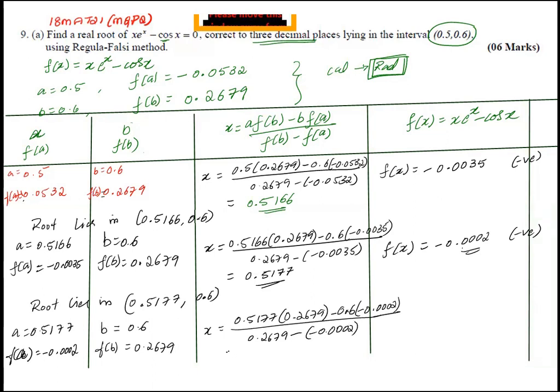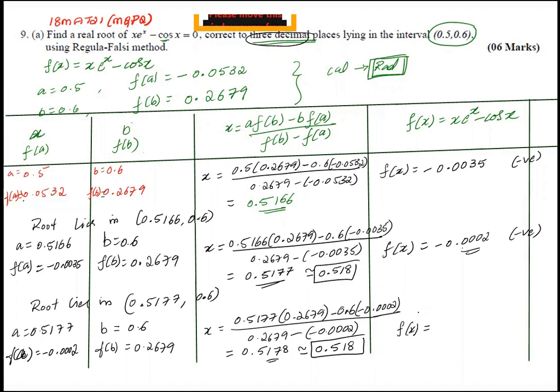So now again use the calculator in effective mode. Answer is 0.5178. You can stop the answer here, and even you can find f of x value, since it is for 3 decimal places, it is 0.518. The answer is the same here, it is nearly equal to, for 3 decimal places, 0.518 only. You can stop the iteration. Okay, they are asked only for 3 decimal places.